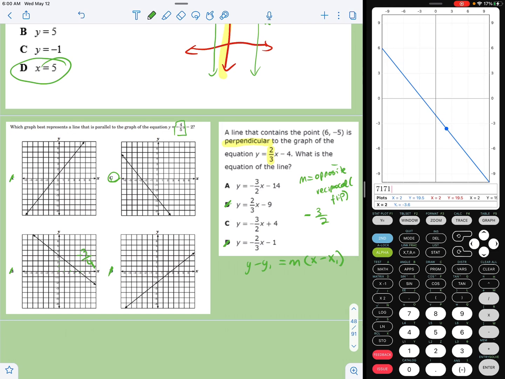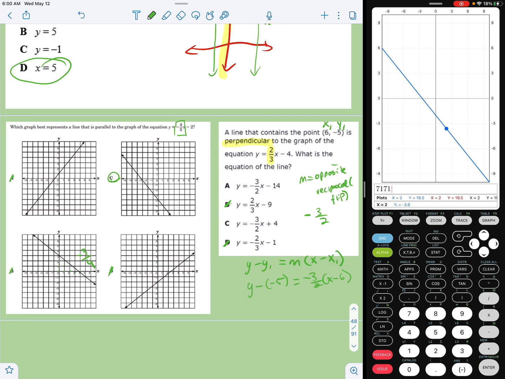Remember, when you have a slope and a point, use the point slope. So this will be our x1, y1, and this becomes y minus -5 equals -3/2 times x minus our x1,